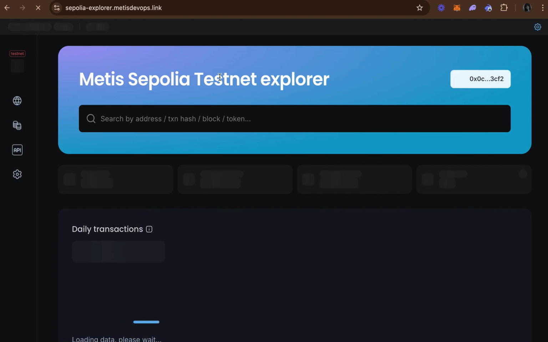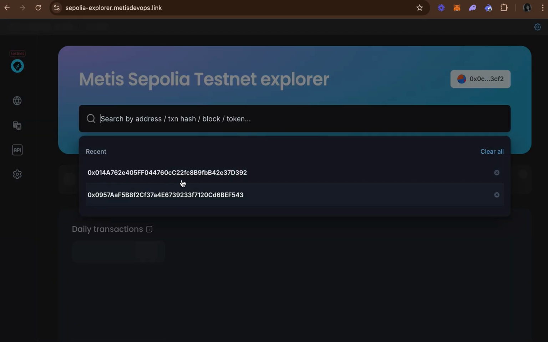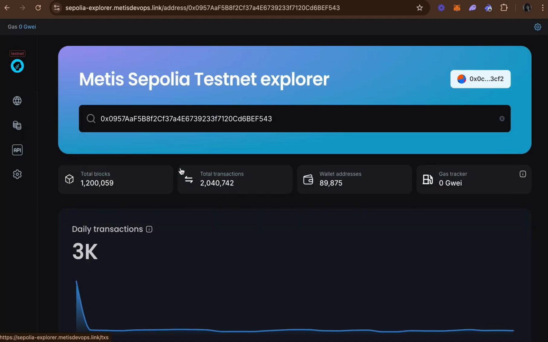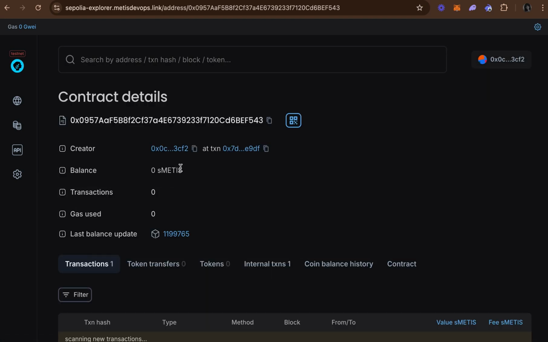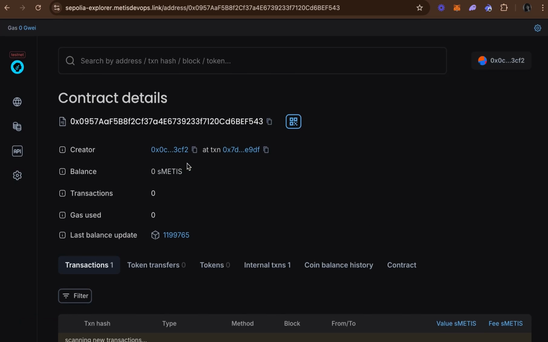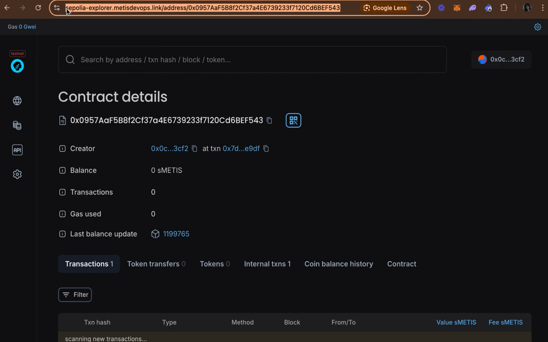Yeah, so on the Metis Sepolia testnet, then you copy your address, and you should be able to see the details of your contract creation. So this shows that you successfully deployed a contract on the Metis network, and what you need for your proof is to submit this